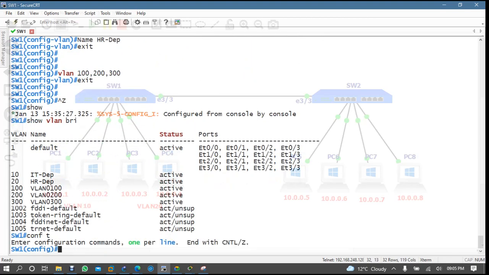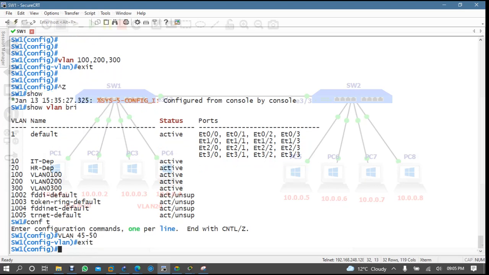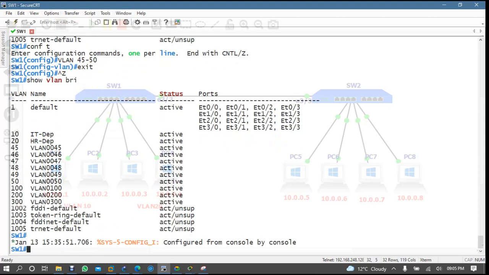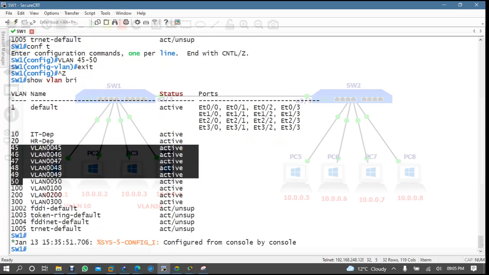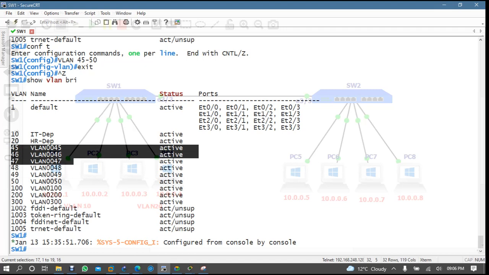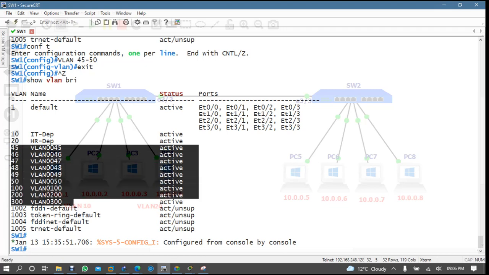If you want to create continuous VLANs, conf t, you can say here, VLAN 45 to 50. Exit, and then type show VLAN brief, see, 45 to 50. Now, I haven't given any kind of names to these VLANs, so it has taken